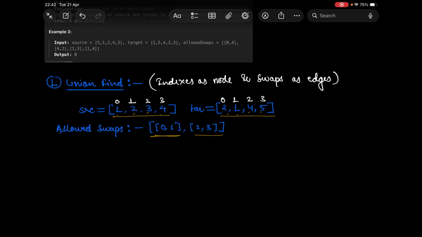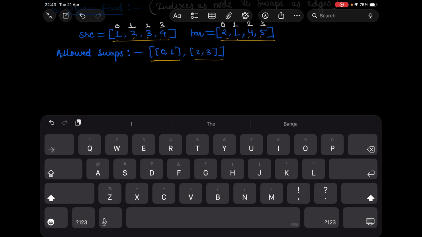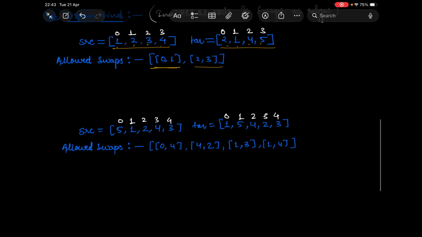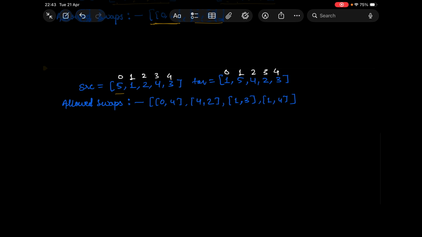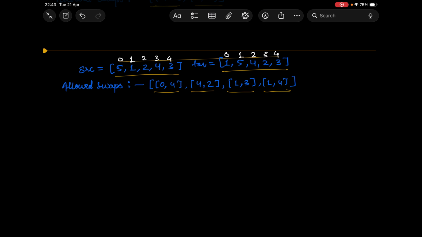Okay, so this third example, if we take, in this one, if you see, we are given this source, we are given this target, and these are the allowed swaps. Now if you see, what does this mean? That okay, I can swap 0 and 4. If I swap 0 and 4, what will happen is it will become 3, 1, 2, 4, 3, sorry, 5,